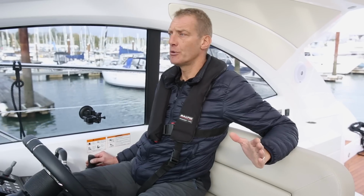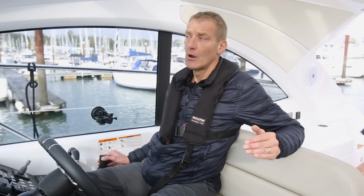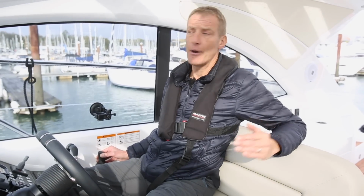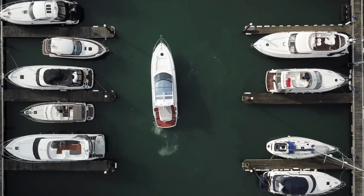So as she comes in a little bit closer here, I'm going to push back the other way, still on my transit fore and aft, looking at the one on my bow. My boat has stopped moving this direction, so let's bring her back to the centre. So pushing the other way,